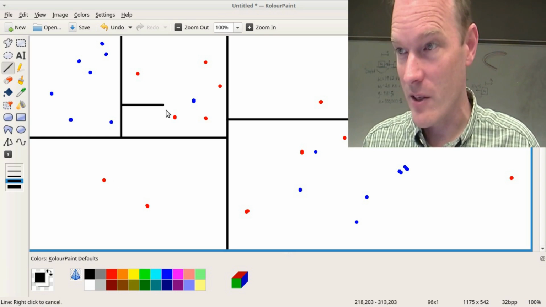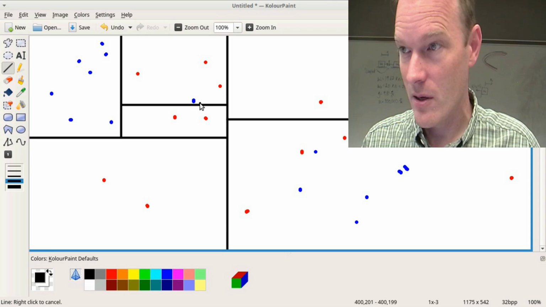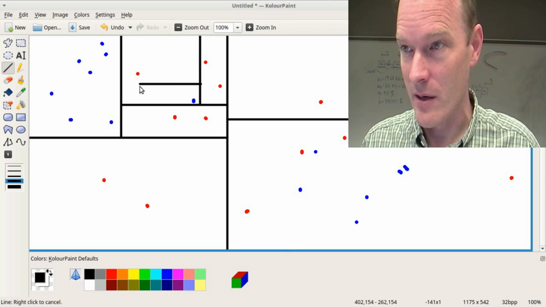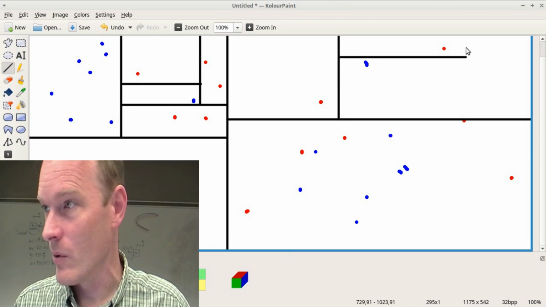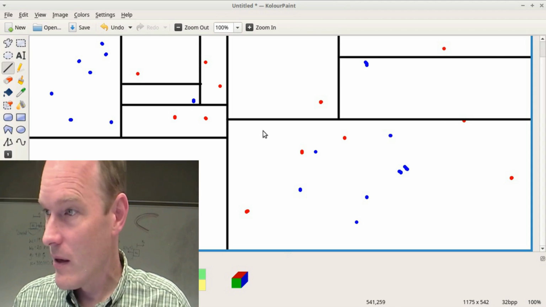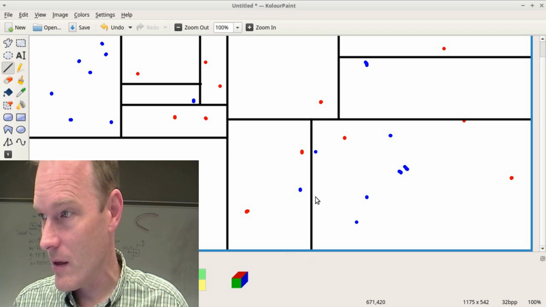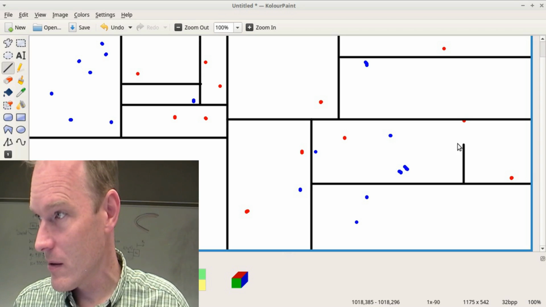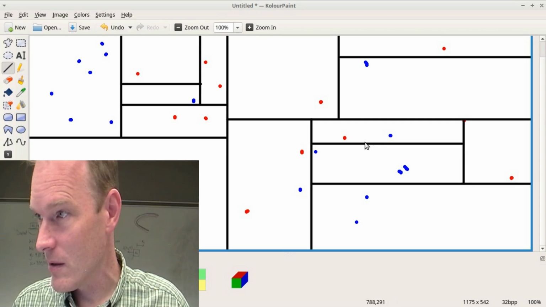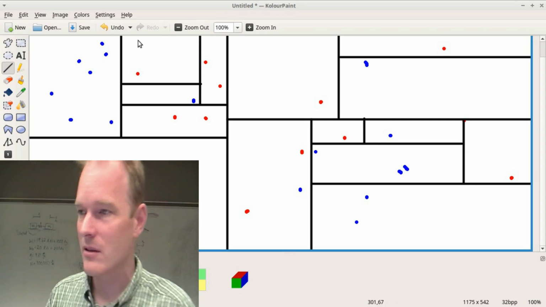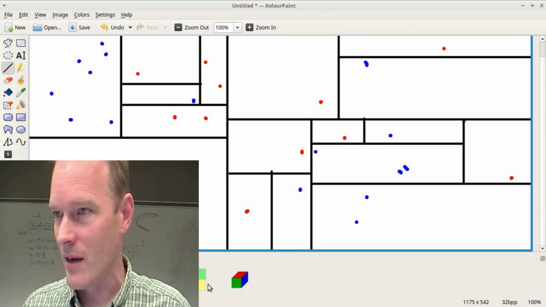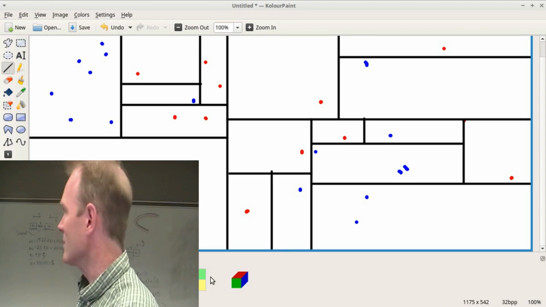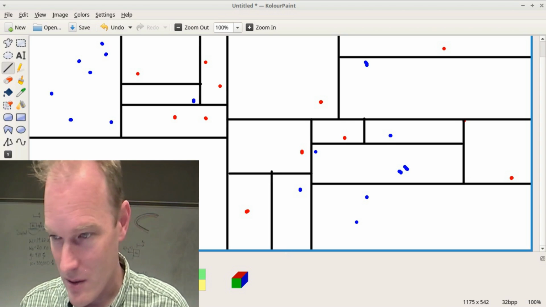We're going to recurse down this branch. And then maybe there, and then maybe there. And then down this side, maybe we'll cut there, and maybe we'll cut there. And down this side, how about we cut there, and cut here, and cut there, and cut here, and cut there. And we recurse until everything is homogeneous. I think now every single box is homogeneous, don't you agree? Okay, so